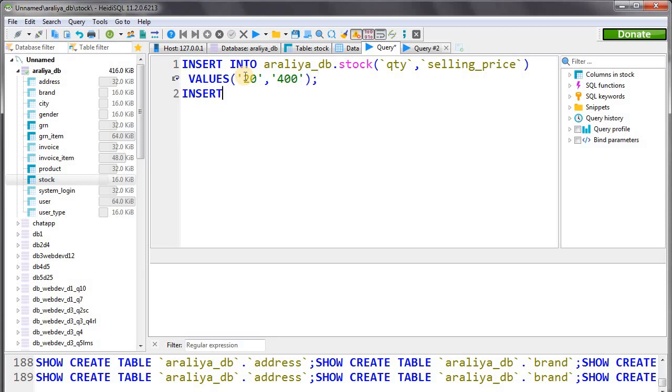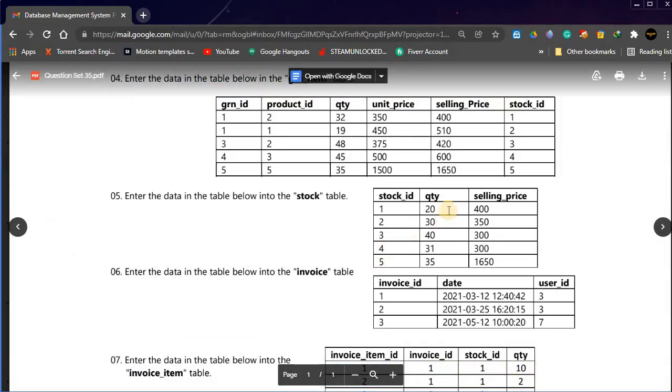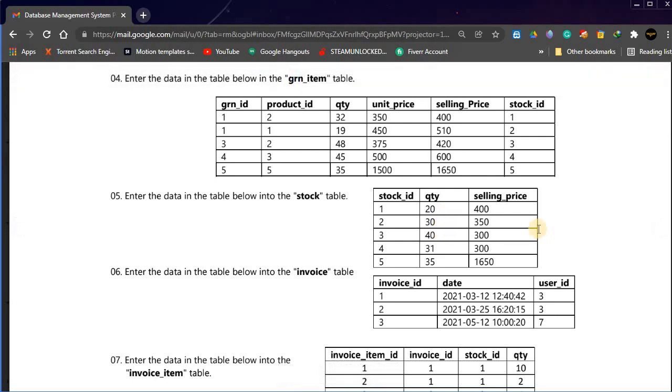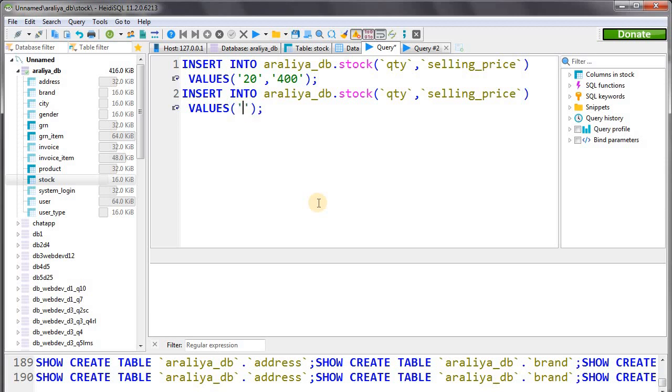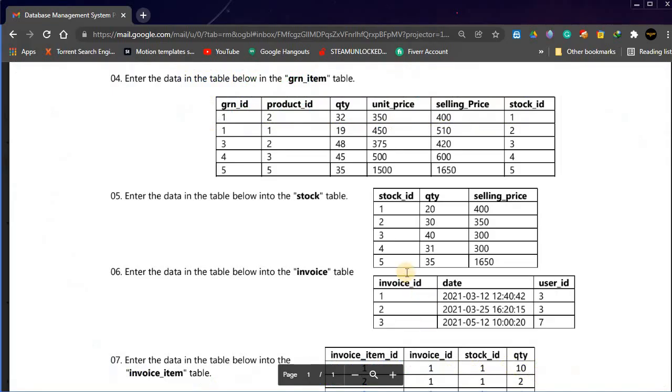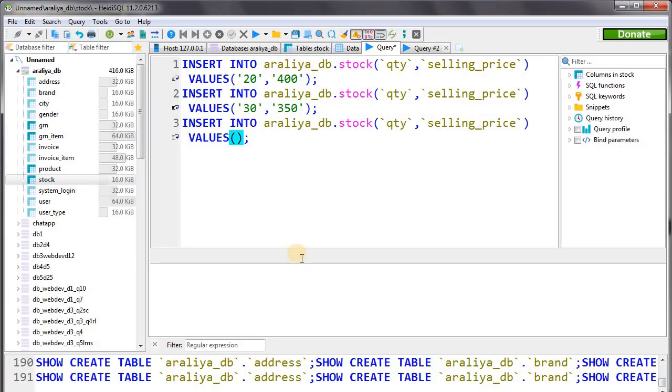And again insert into AureliaDB, quantity 30 and selling price 350. Okay, here's the next query, insert into, quantity 40 and selling price is 300.